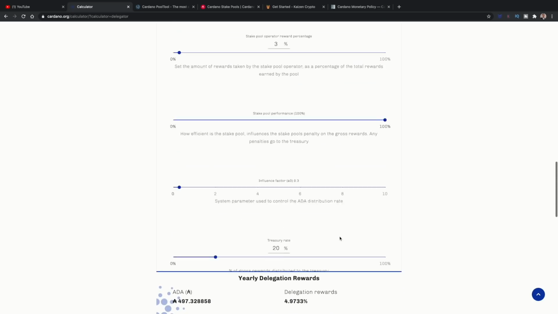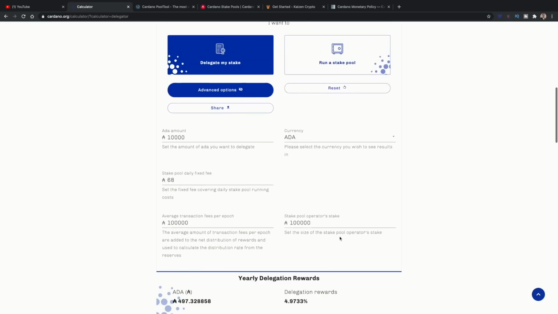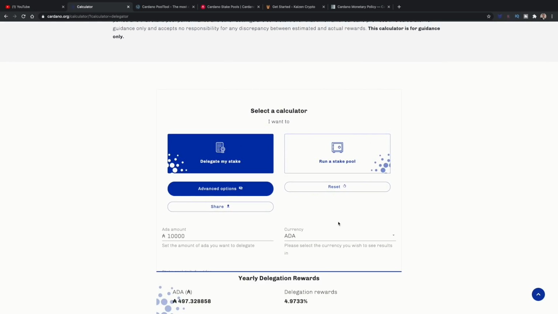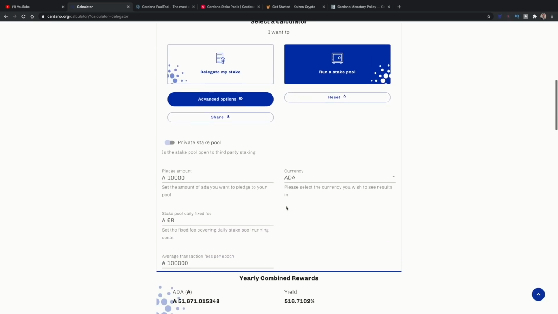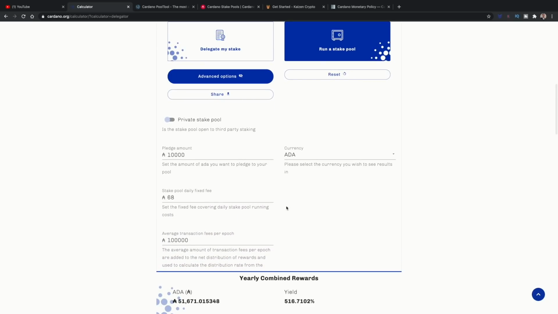Now, let's say, for instance, you are interested in running a stake pool. So what we can do, taking a look at the rewards calculator, is click on Run a Stake Pool. What this is going to do is essentially put you in the driver's seat of your delegation. We're going to change this amount here. Instead, we can see this shows a pledge amount. So this is essentially the amount of ADA you have as skin in the game committed to your own stake pool. So I'm going to put this at 100,000 ADA